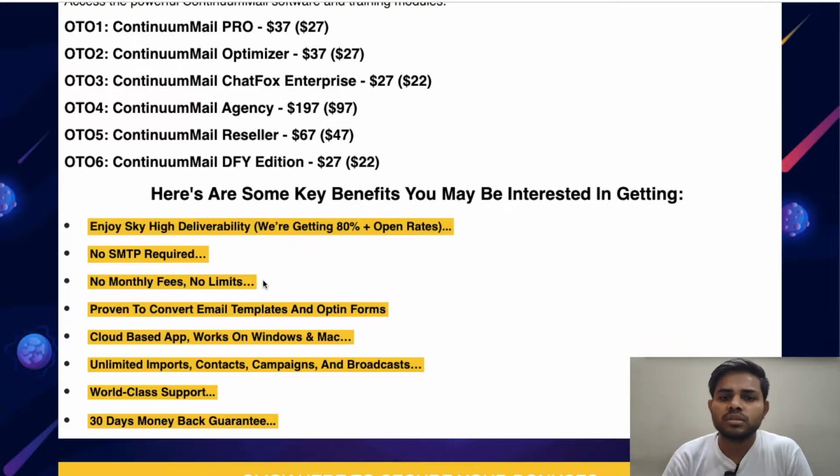So guys, we know that there are lots of autoresponders outside, but they all have a monthly payment system. But if you are buying this software, then you have to pay only one time, and you are getting unlimited space guys, and you can use this software for the long term guys.